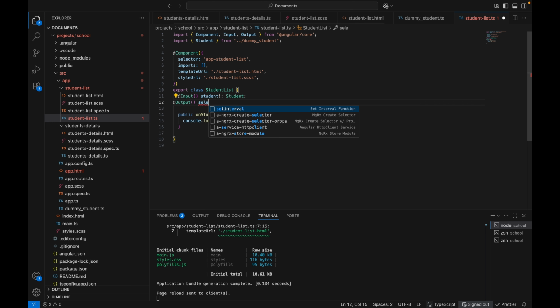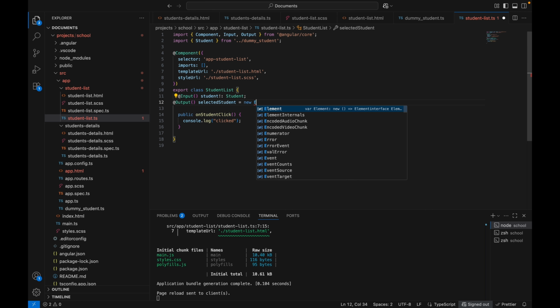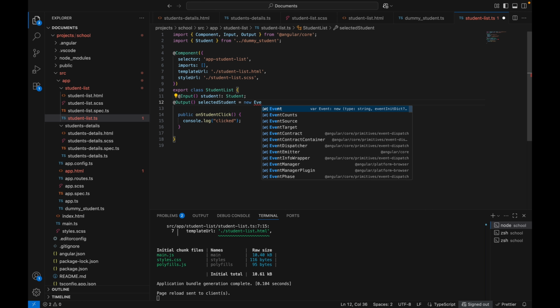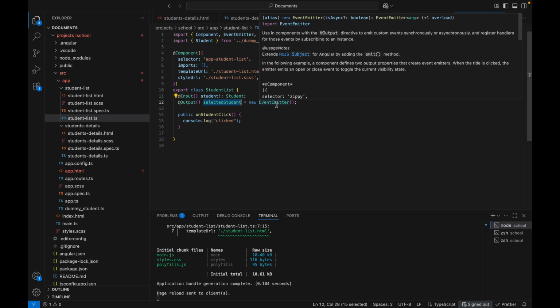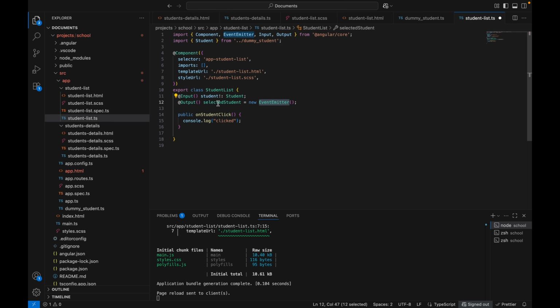Selected student, which is an event emitter, new event emitter. This is a function from Angular core. So this selected student is an output event with event emitter,